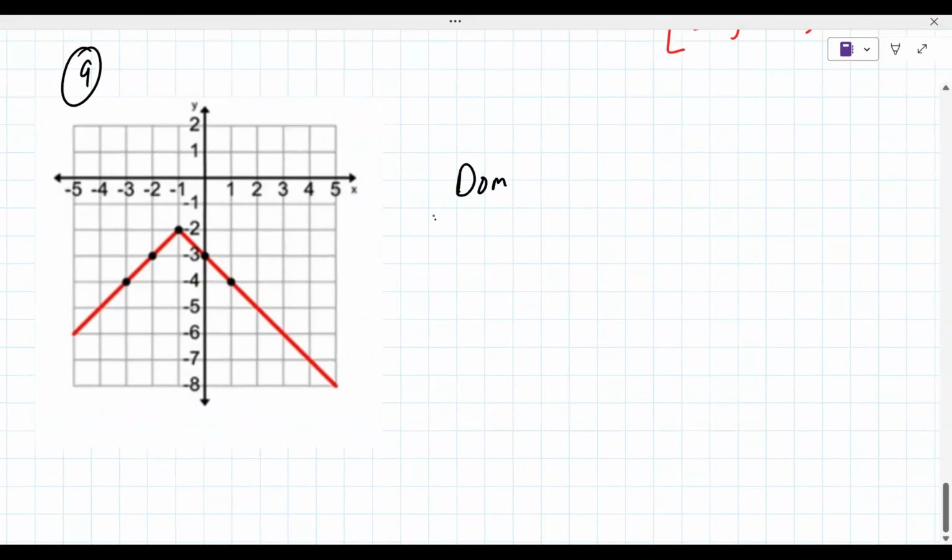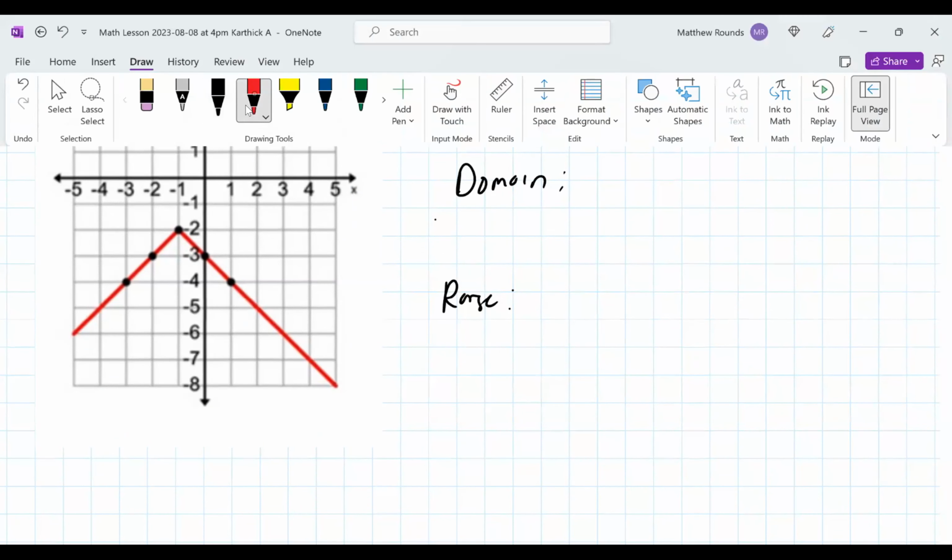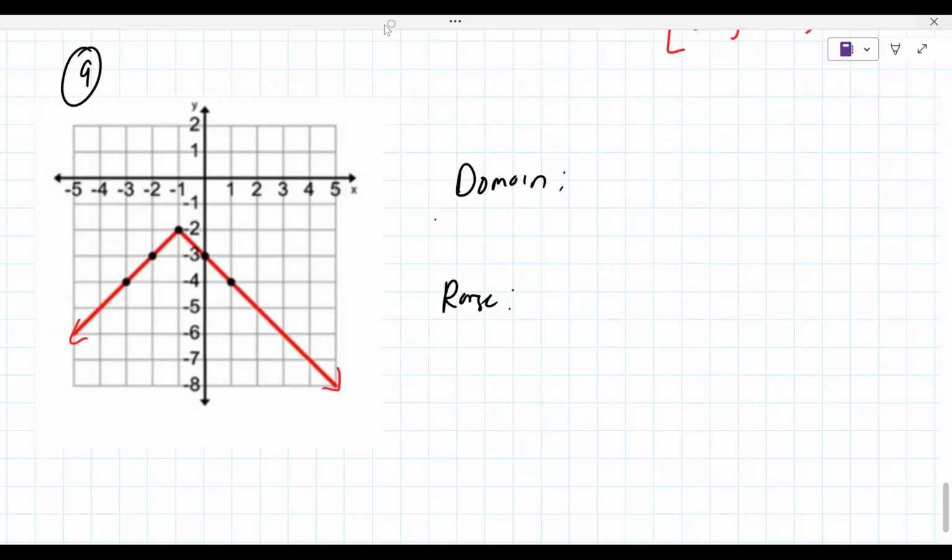So for the domain, the lines imply that there'd be arrows at the end of both. Let's assume these go on forever. That would be a good assumption. That would mean that the domain would still be negative infinity to positive infinity. It's implied that it doesn't stop at a certain point. And then the range would be